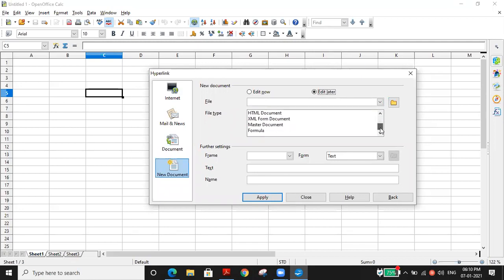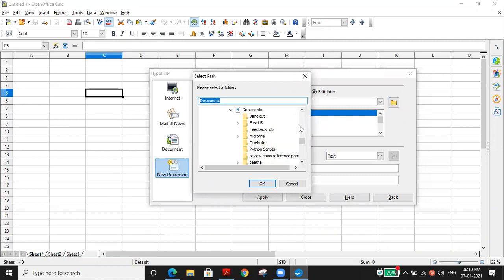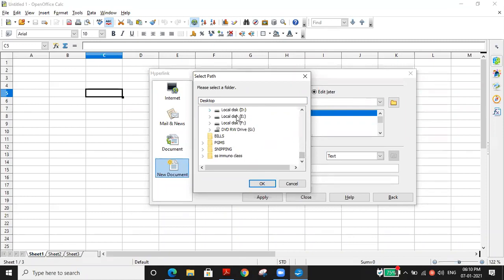You can see presentation, formula, master document, HTML document, spreadsheet, everything. For example, I'm doing a text document, that is the text Writer I'm about to open. I'm clicking the Select Path option. Please note this down very quickly. For convenience, I'm just clicking the Desktop itself. Desktop is the location. Sir, I want to save in D drive, sir, or E drive, sir. Whatever drive, we can open it, not an issue.